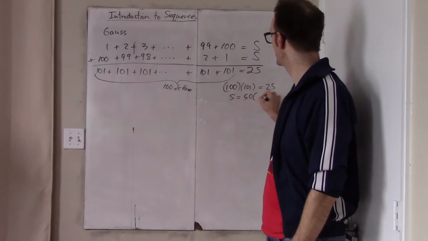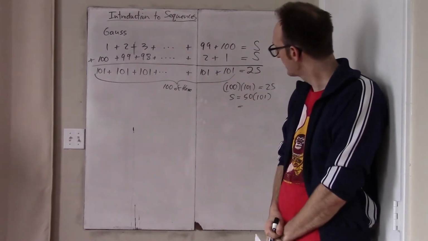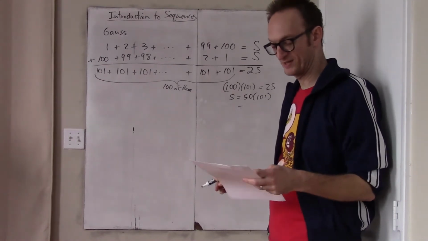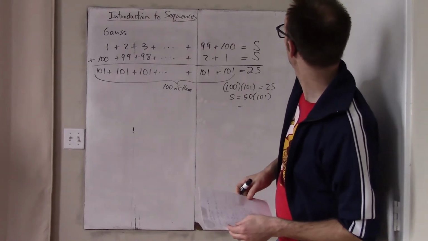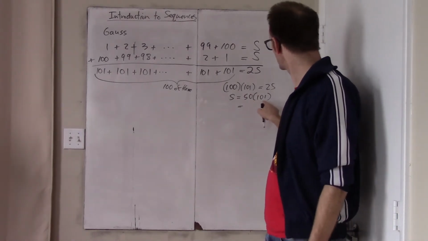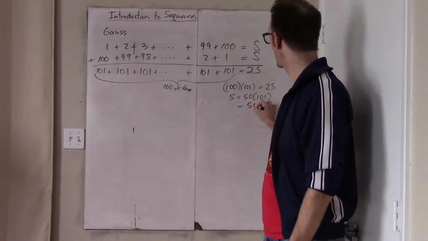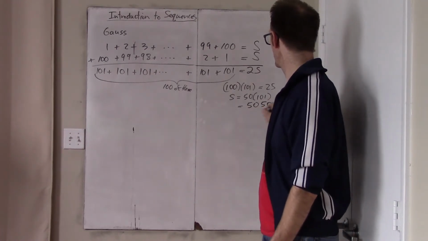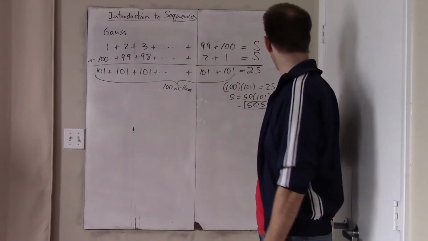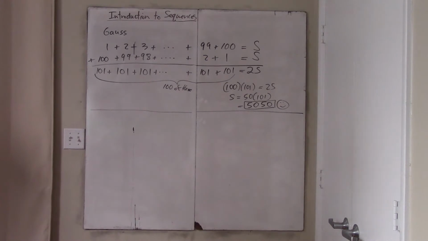So 50 times 101, and I guess that's just, make sure not to mess this up. That's right. Why am I suddenly doubting myself? No, 50 times 100 is 5,000. Yeah, it just is. So that's 5,000 and then an extra 50. So 5,050 is in fact the answer, and it's the kind of thing where if you've thought about this before, or even just thought about it on the spot, then you could give that answer almost instantly.